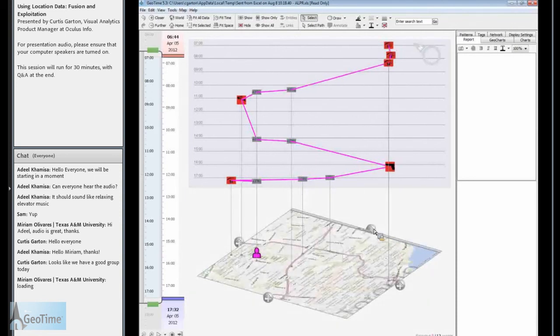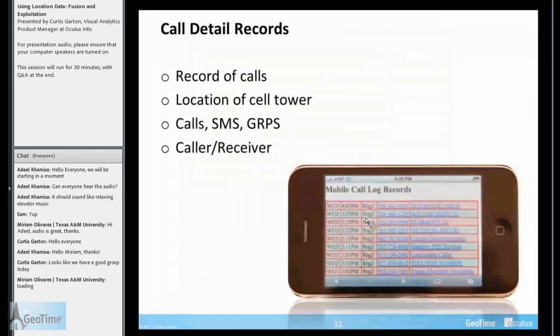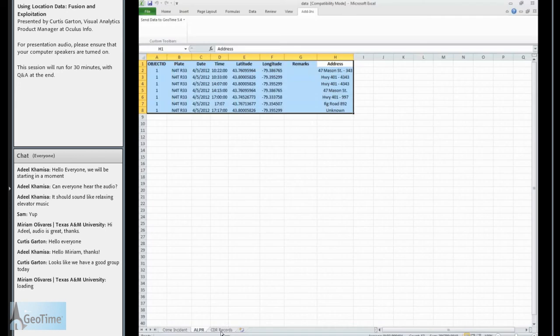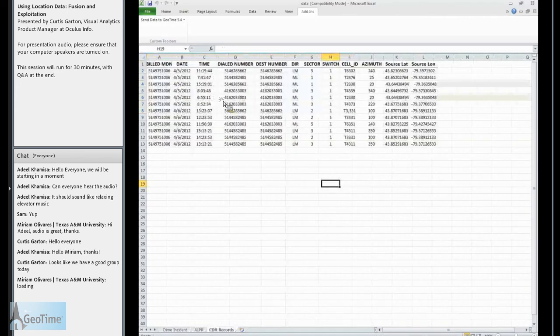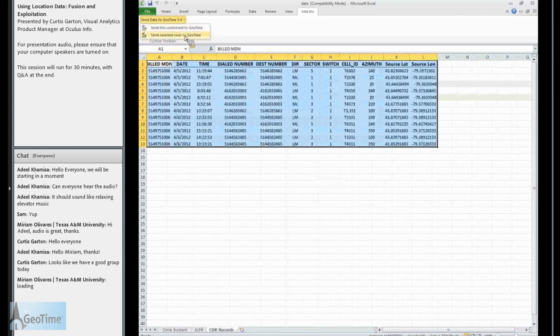But let's go ahead and bring in one final data set, which is going to be call detail records data set. So as the investigation progresses, we were able to get a hold of the suspect's call detail records from the provider, and what this is going to do is provide us with the rough location of the mobile device as he was making calls on his mobile. And so we're going to add this data set to what we've already got loaded with our crime incident data and our ALPR data,